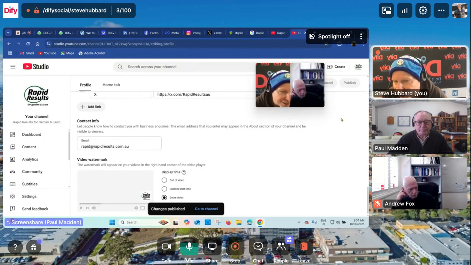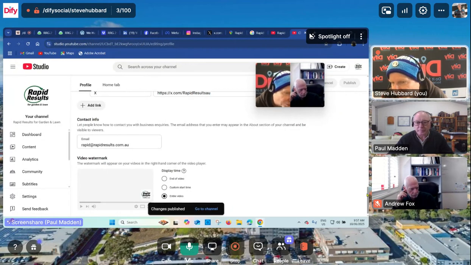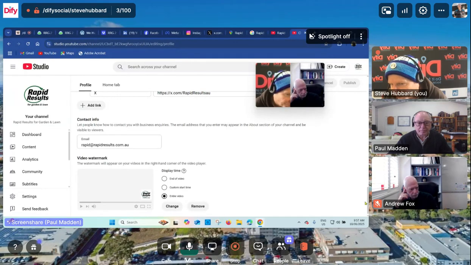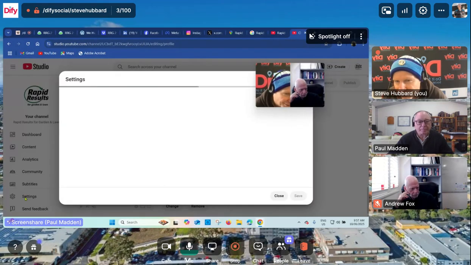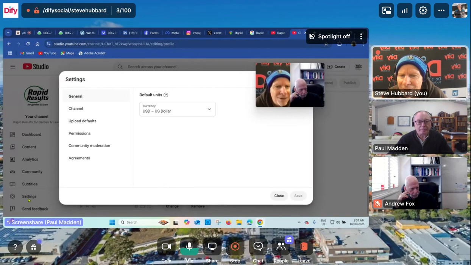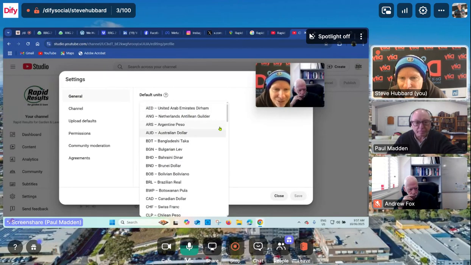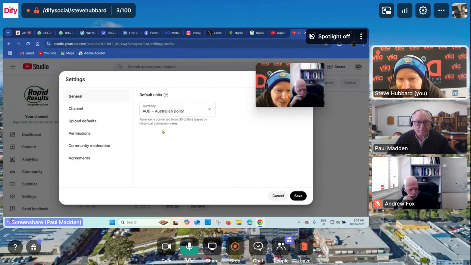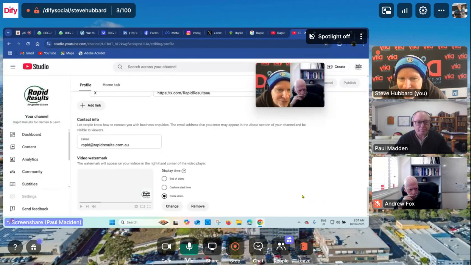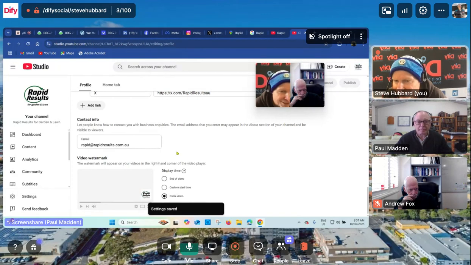Okay, and then the last thing to do is just go settings on the left-hand side. And we're in Australia, so make it Australian. Not spending any money, but at least they know where we are. Next one down, that's it. And save. And then, okay, and then back to settings